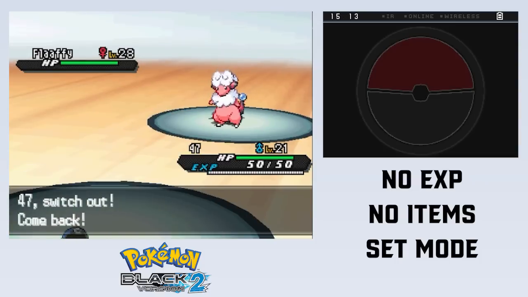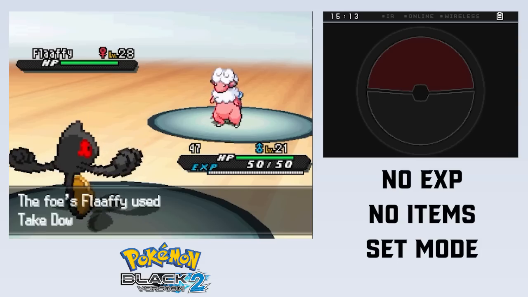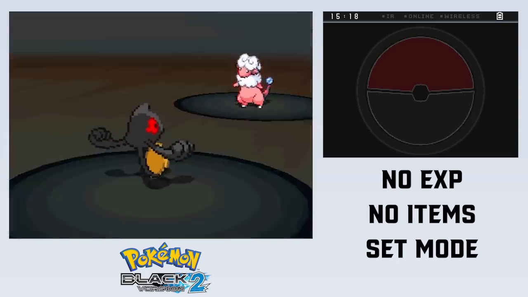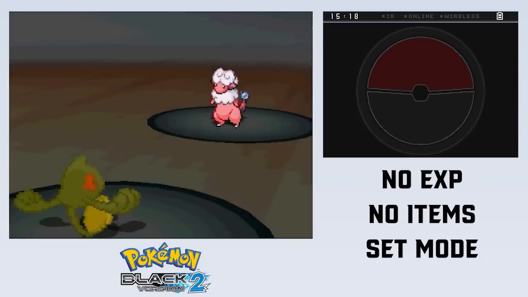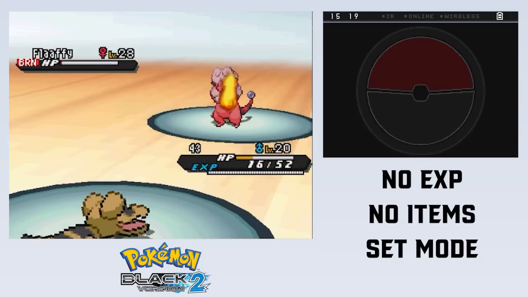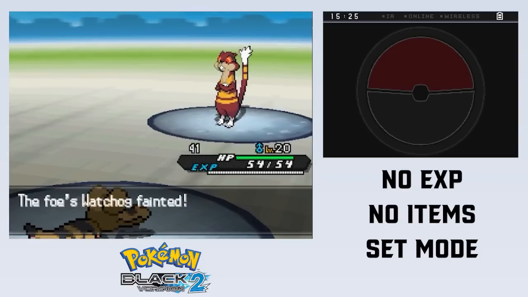I continuously switch between Yamask and Sandile as Flaffy either goes for Volt Switch or Thunder Wave against Yamask and Takedown against Sandile. Once Flaffy runs out of takedowns, it begins to use its electric moves on Sandile. I sacrifice Yamask and Sandile cleans up the battle with a series of Sand Tombs and Mudslaps. A battle with Team Plasma ends way too close for comfort thanks to Washog's Confuse Ray, and I head out